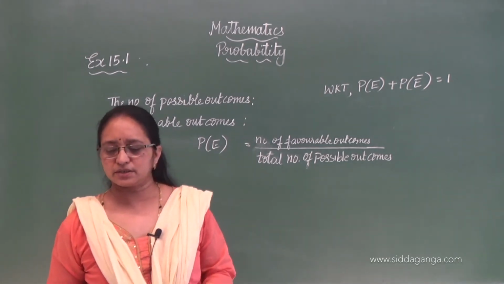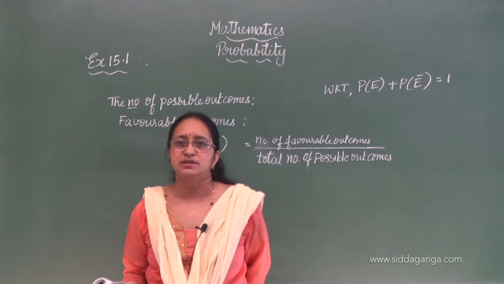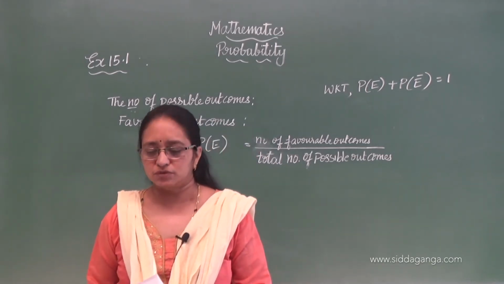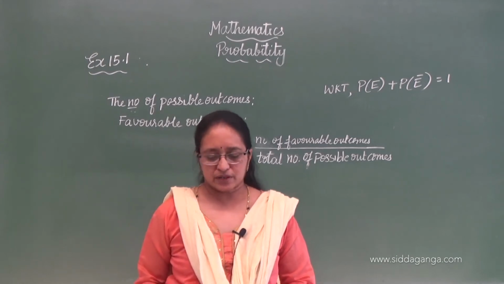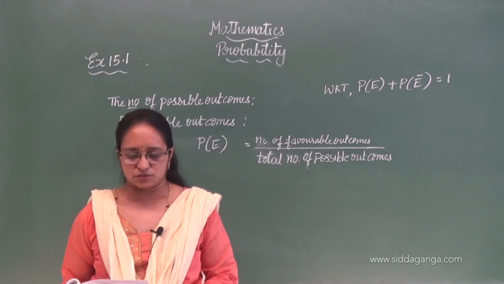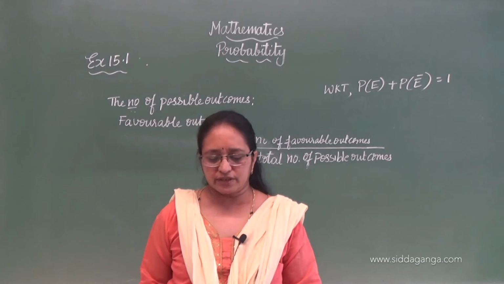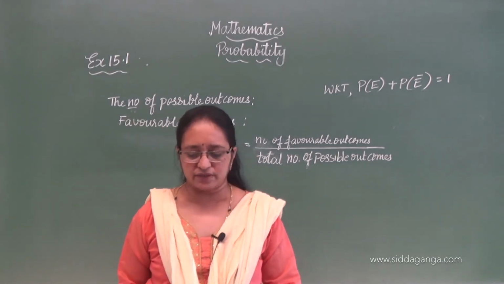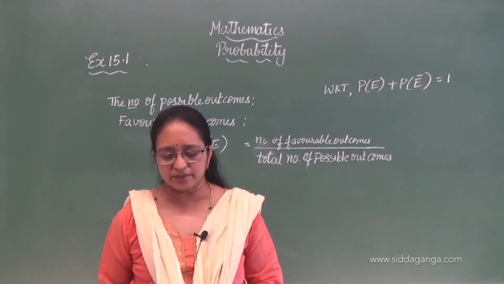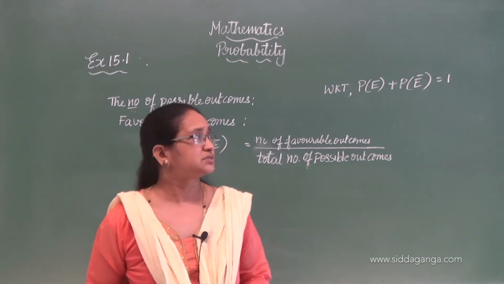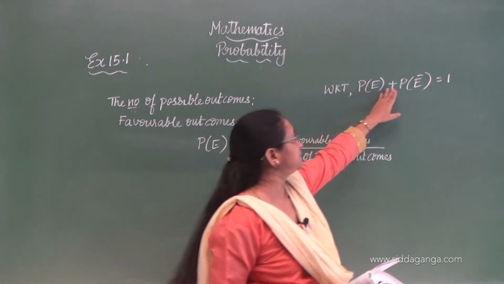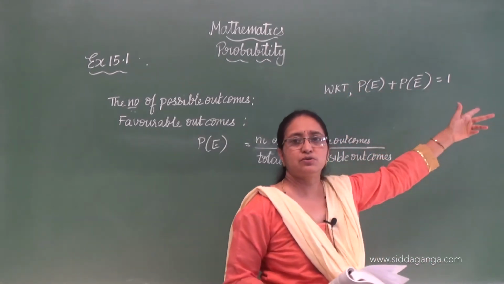So, at the beginning they have given one fill in the blanks, please refer to the textbook, and I am going to give the answers for you, and also I will tell the reason why it is so. Probability of an event, first one, complete the following statement. Probability of an event E plus probability of an event not E. See, already it is there. Probability of event E plus probability of not event is equal to 1.